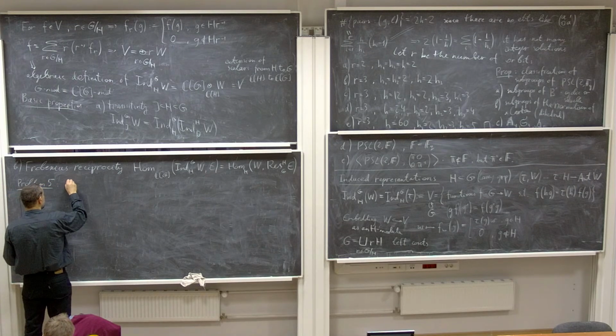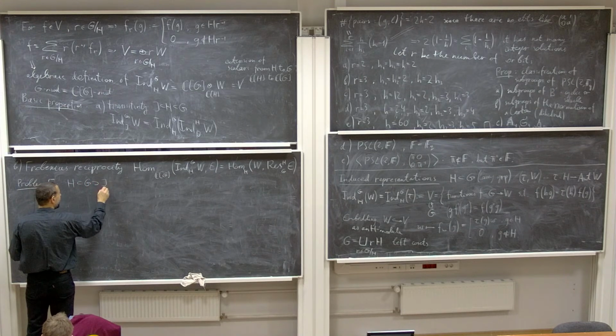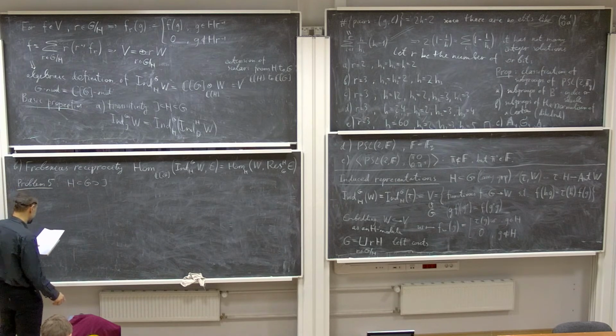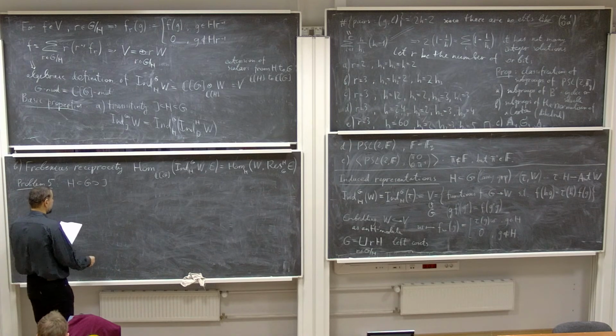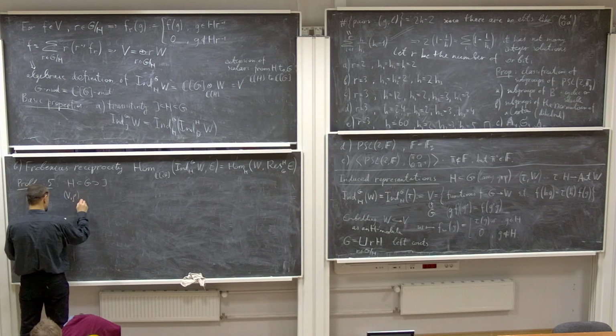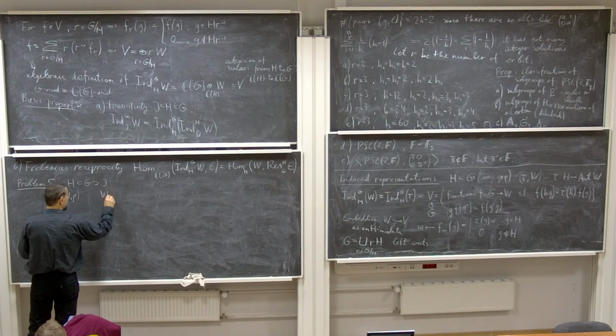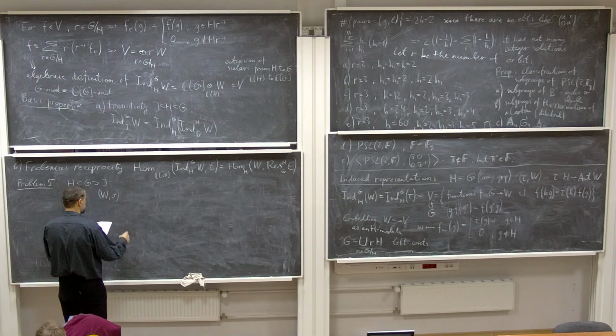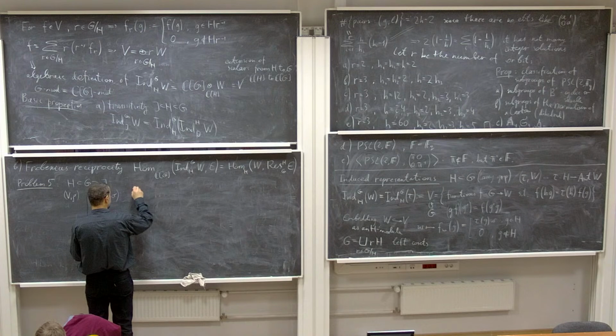Suppose I have two different subgroups, and now they do not necessarily form a flag, just arbitrary subgroups. So they have representations V, rho and W, sigma, and then you induce,